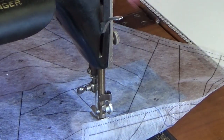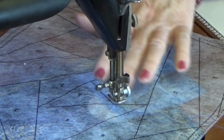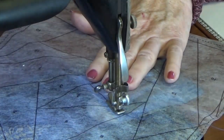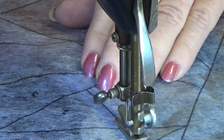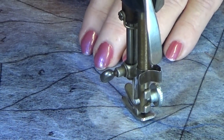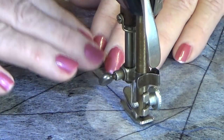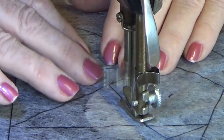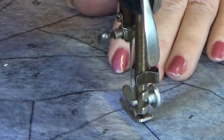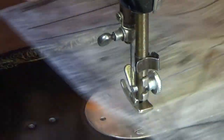And then we'll take it to our machine, and you want to put the needle down right at the start of the line, and you want to use a regular stitch length, 10 to 12 stitches per inch. I think on a digital machine it's 2.4 to 2.6. You're just going to use a regular stitch because you're going to leave this foundation in, and just stitch along the line. And you want to stop at the other end of the line